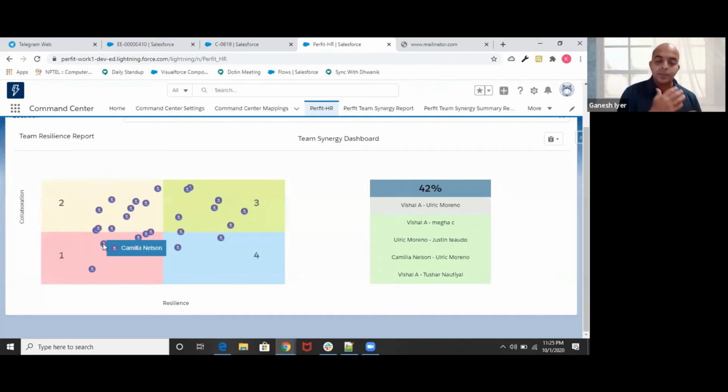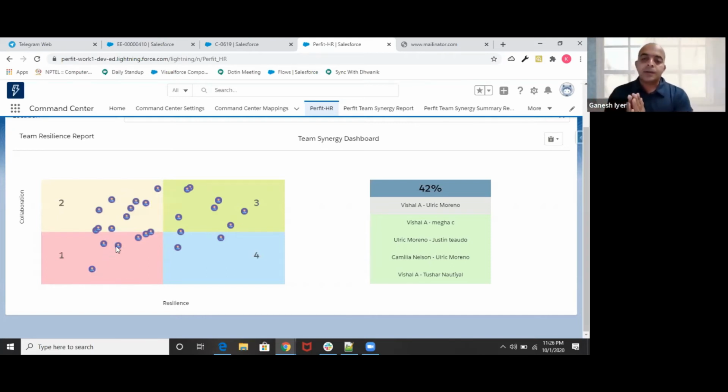And we would be adding it at the organization level as well. That is something that we are updating the package. And you would also get that as a part of identifying not only at the individual, but also at the organization level. So left side gives you a quick assessment of where the productivity loss is. Number 1 quadrant, which is the red one bottom left, has the maximum productivity loss.